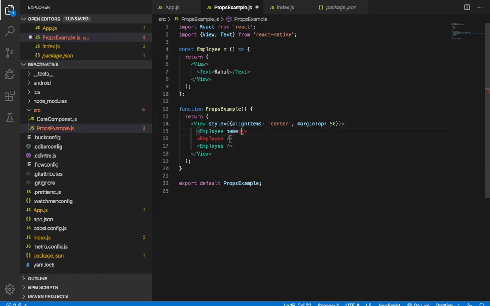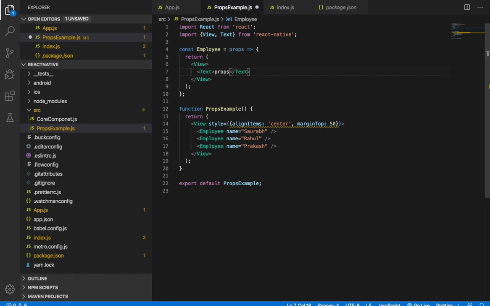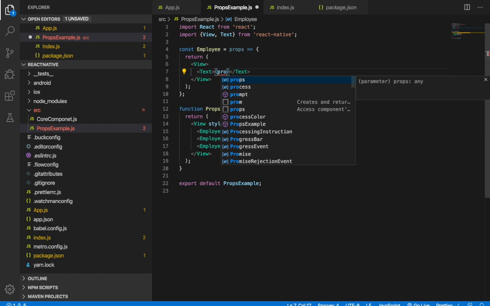So let's pass a name prop, and let's pass Saurabh, name Rahul, name Prakash, like this. And we can use this with the help of props. But you need to keep in mind, you need to put this inside the curly braces.